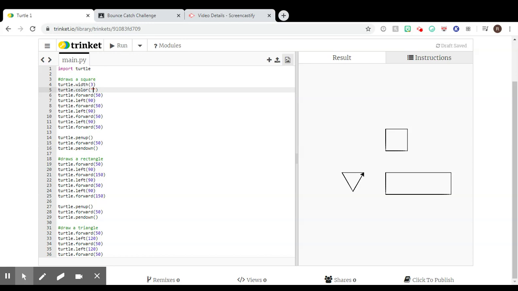Remember, with Python, we need to think about how we type everything. We need to ensure that we type everything correctly, that the brackets are in the correct place, the numbers are in the correct place, the speech marks are open and closed and in the correct place, and that we haven't used capitals where we shouldn't have. Now, in this case, I'm going to simply put down blue. So if I very quickly run that,